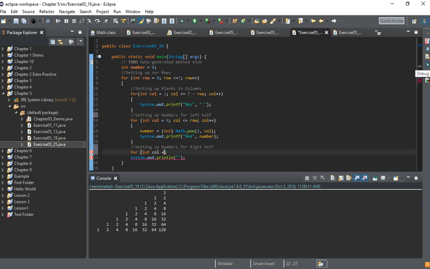We need to find a way so that our column can extend even further. So this is what we did. We subtracted row with column going all the way up to 7 right here. And then for our numbers, we had column starting at 0, column less than or equal to row, column plus plus. Now to get the other side,